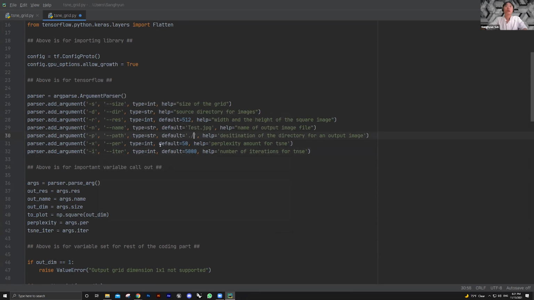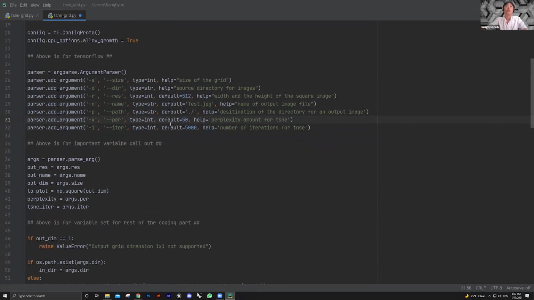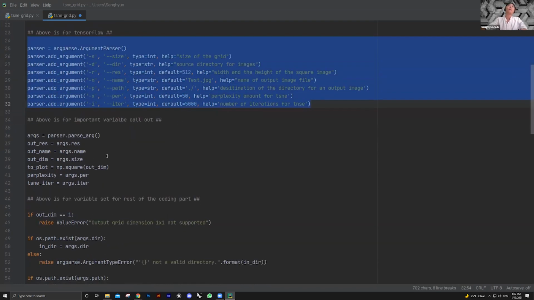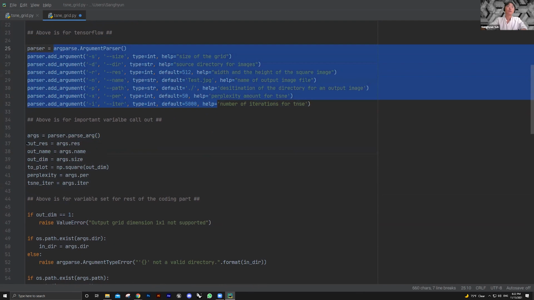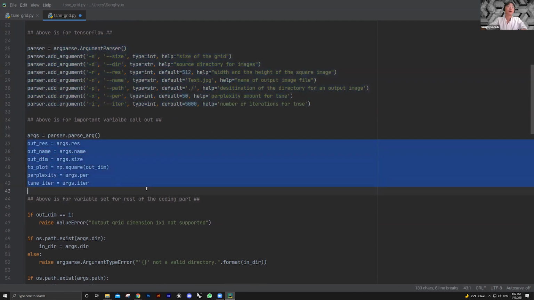So we have left the perplexity and the iteration. You get it, right? Because I did the whole lecture yesterday about how perplexity is affecting the t-SNE result, and the iteration is just the number of iterations that you want to simulate before the final result. So this is all clear, and this here is to actually use some of these variables as a shortened